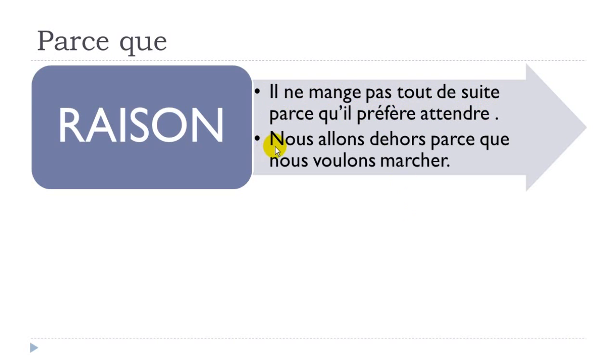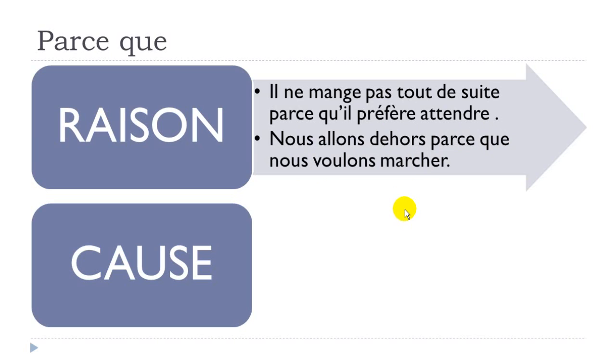Second example, nous allons dehors. Aller is to go, dehors, outside. Nous allons dehors, so we go outside. Parce que, so because. Nous voulons marcher. Vouloir, to want. Marcher, to walk. Nous voulons marcher, we want to walk. Nous allons dehors parce que nous voulons marcher. And then the second option to use this parce que is when you want to introduce the cause, la